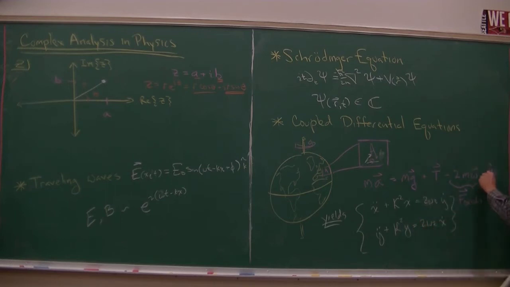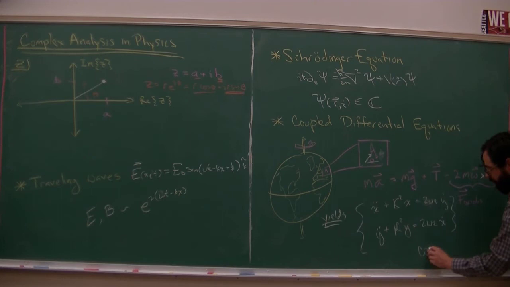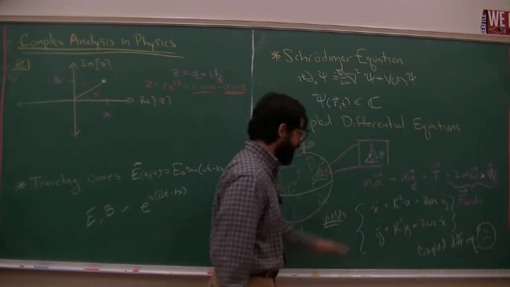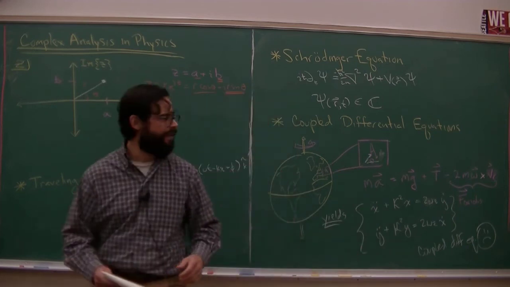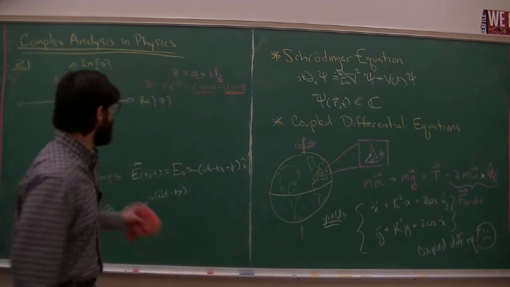And because of this cross product term, what you'll get is y dot in your x equation of motion and an x dot in your y equation of motion. So if you go through the Coriolis force and include it, what you end up with is coupled differential equations. Oh no. And the traditional way of solving this, and you may have actually seen this for the driven damped harmonic oscillator too,